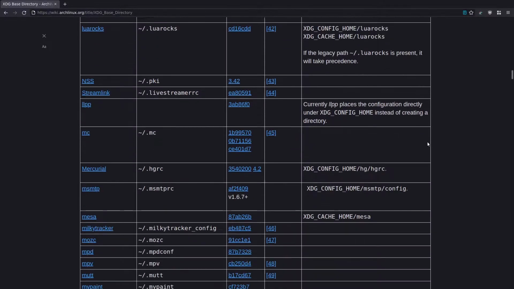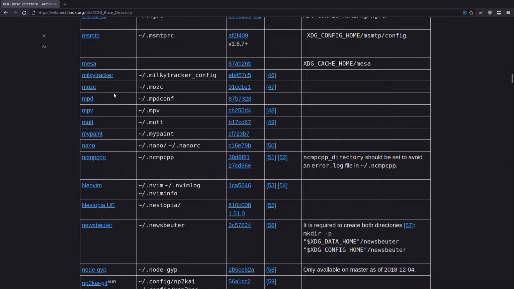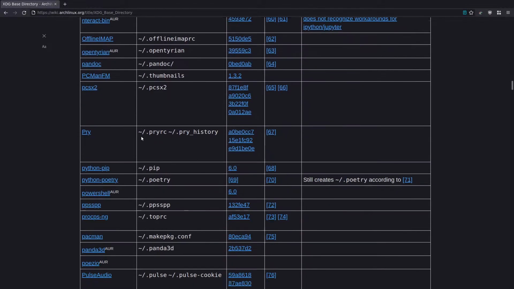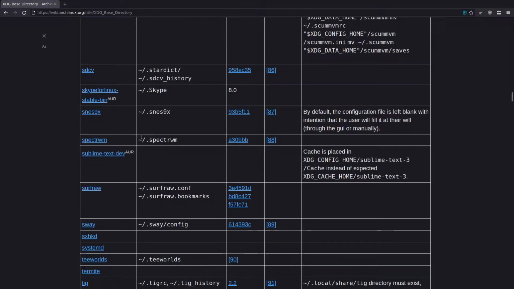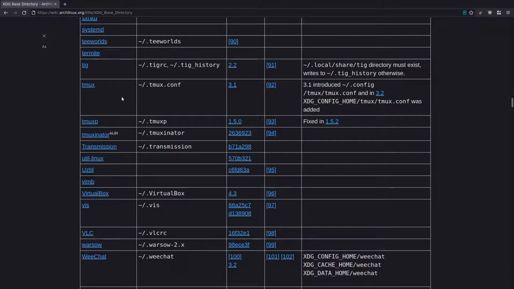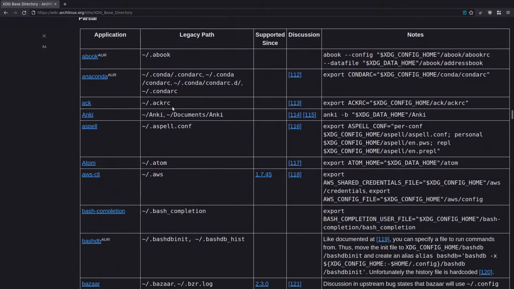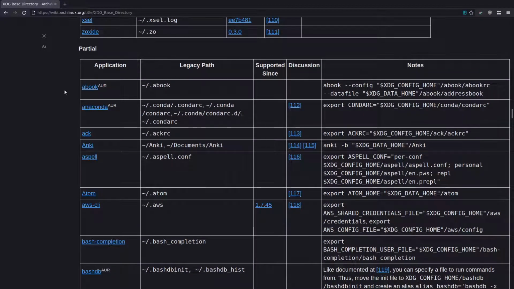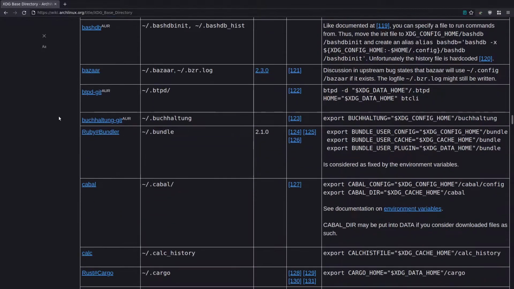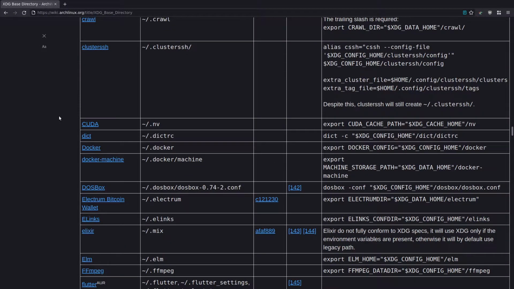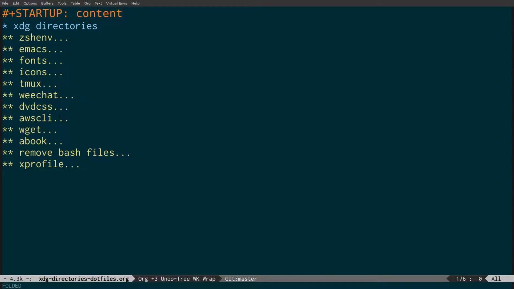So this is the table showing the supported applications. We can see MPD, MPV, Mutt, Nano. If I scroll down further, you see we've got Tig here, Tmux. And now these are partially supported applications, like abook, as I showed you. So these are the partially supported applications. Now I'm just going to come back here and